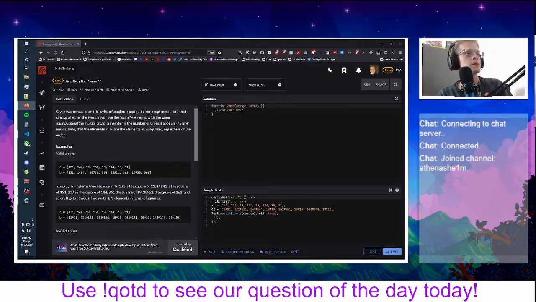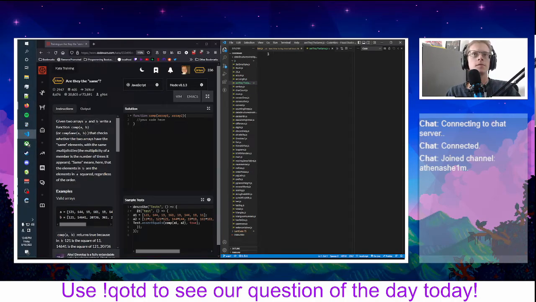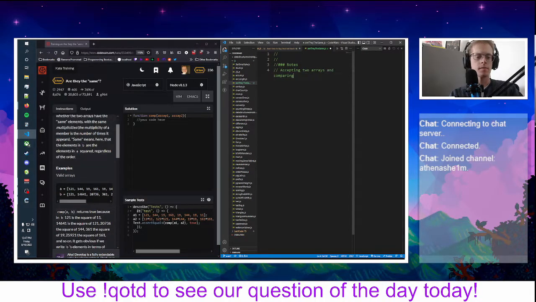All right. Given two arrays A and B, let me have my VS Code open. This is accepting two arrays. If array A elements are exactly copied into array